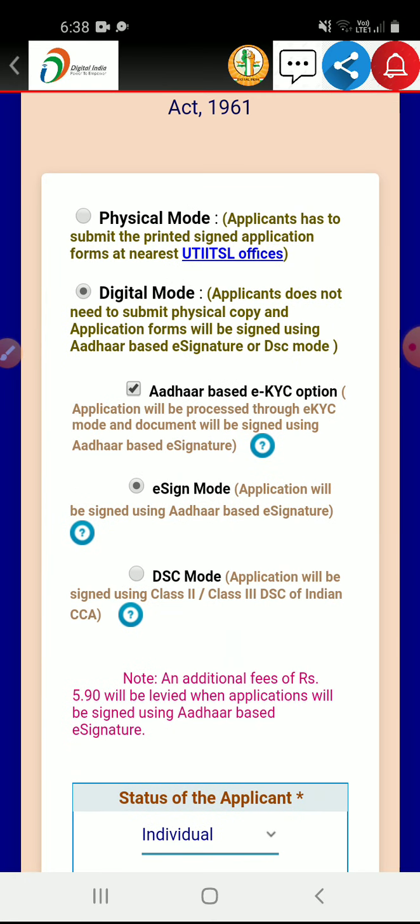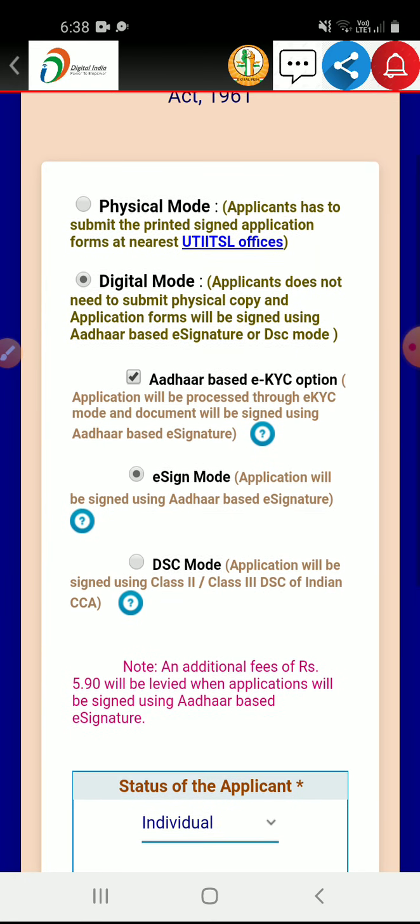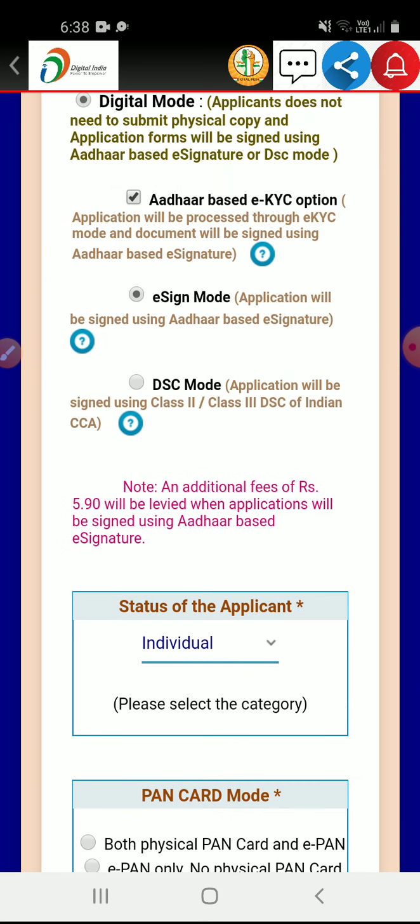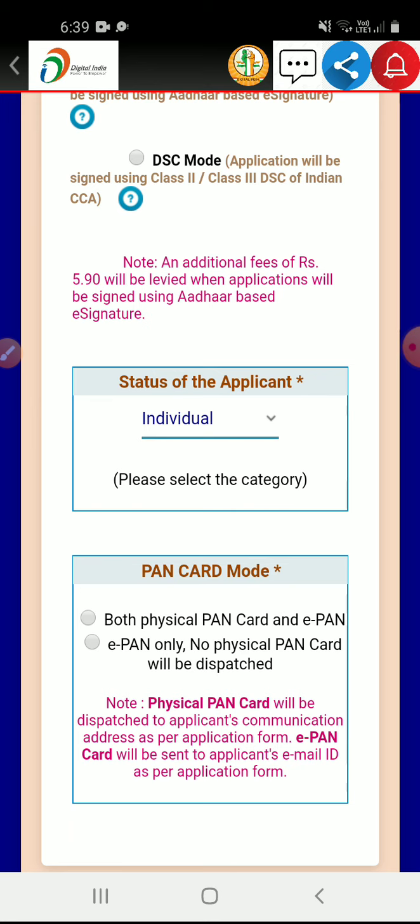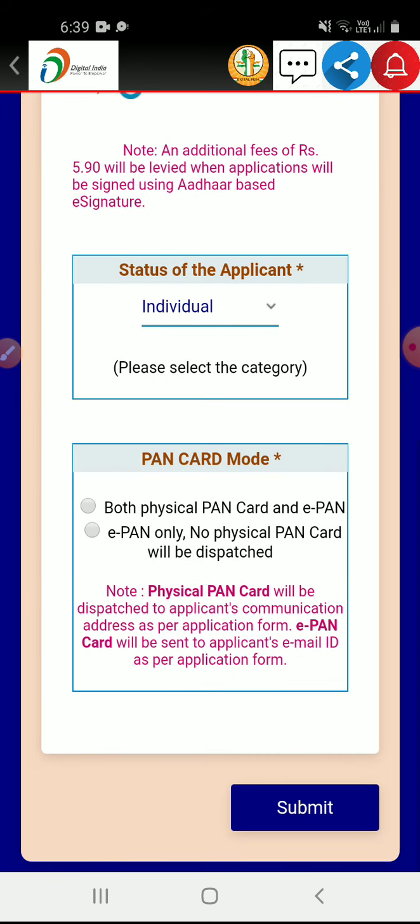You first click on digital mode, then the Aadhaar based eKYC option, and e-sign mode will automatically be selected. Then you can select the status of applicant. Here it is given as individual, and you can also choose other. For PAN card mode, you can choose both PAN card and e-PAN card, means physical PAN card and e-PAN card.